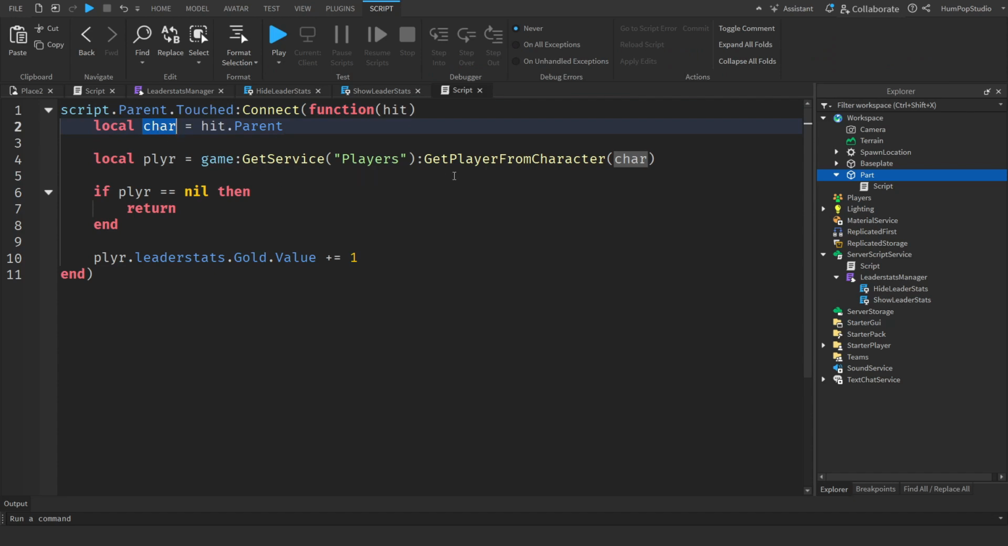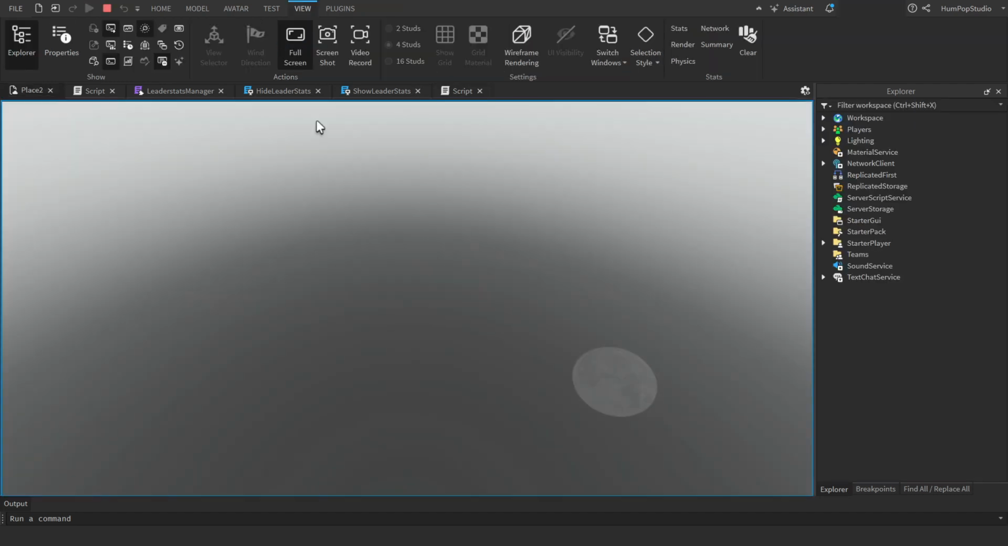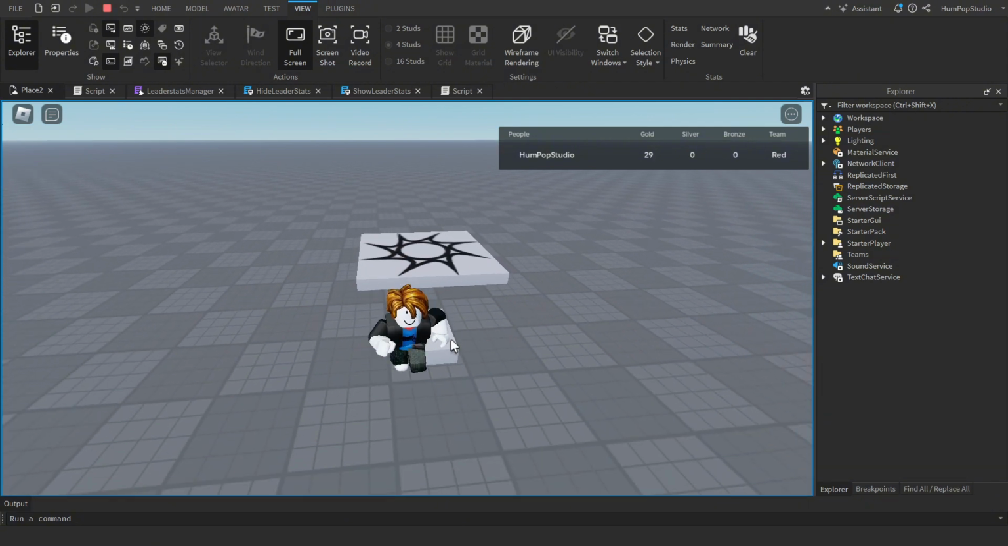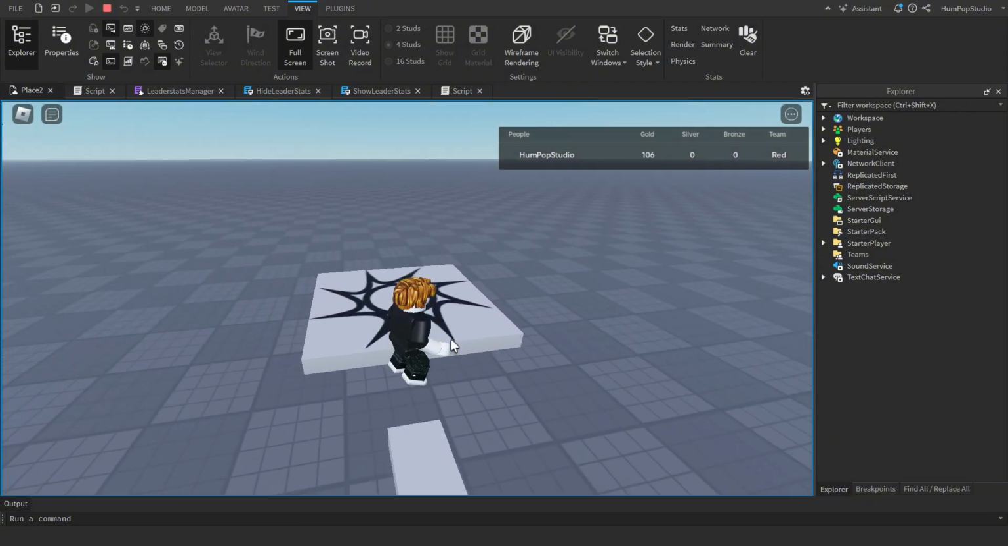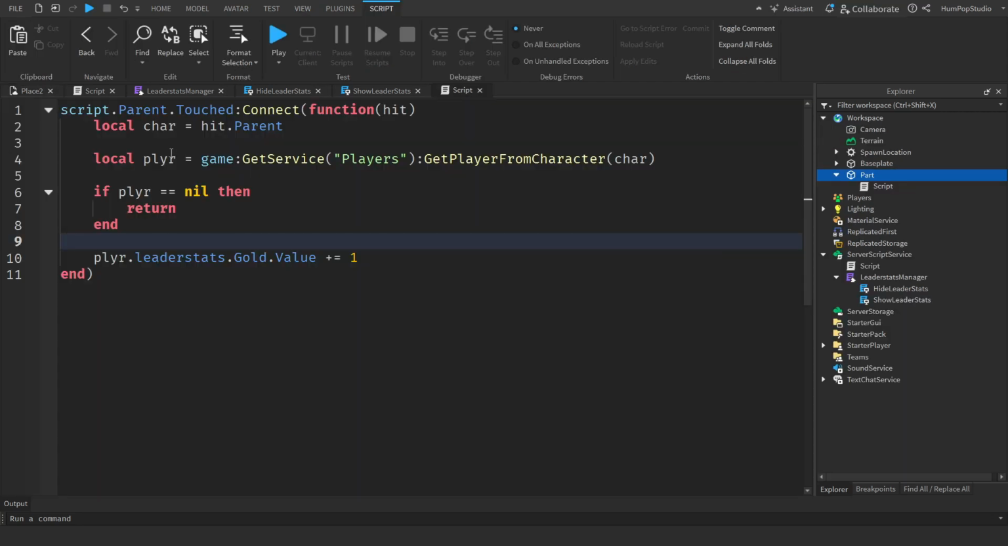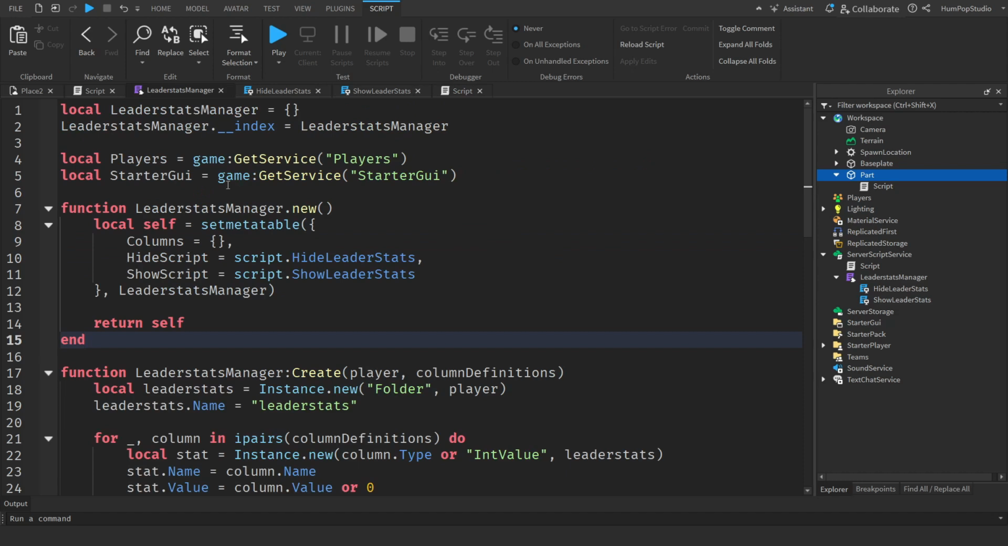We then call the players service get player from character. We pass the character in and we get our player. From here, each time the script runs, then the gold value is going to increase by 1. Come here and you can see, because I haven't got any debouncer, every time the player runs over it, we're hitting the part. So now you've added the leader stats manager, it can be reusable, you can package it up,